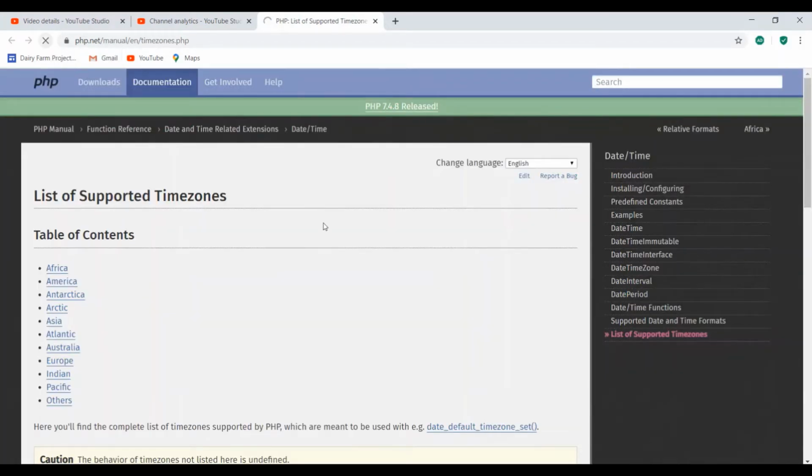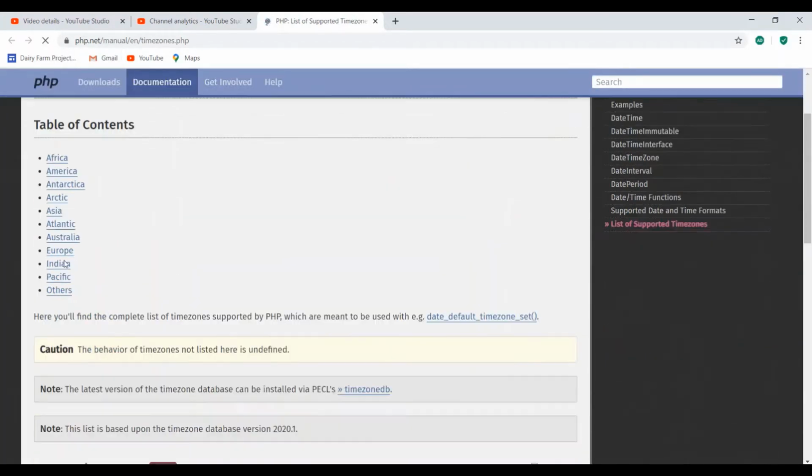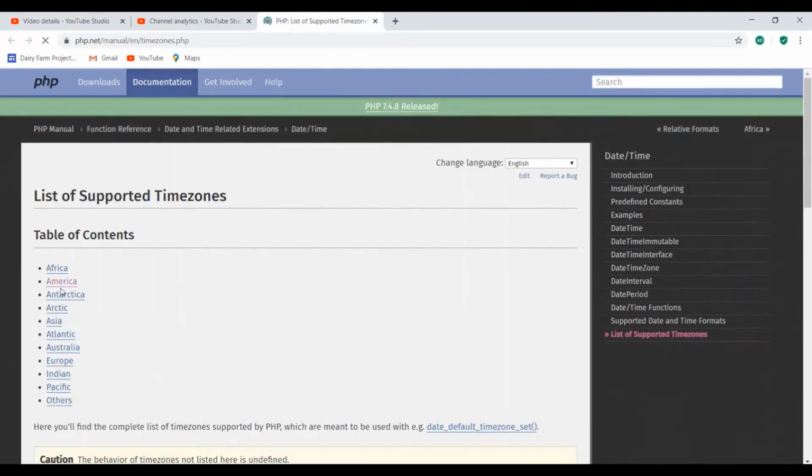Now move to the website, this PHP manual, then en, then time zone PHP. Open this and move to your region first. Here you will see Africa, America, Atlantic.